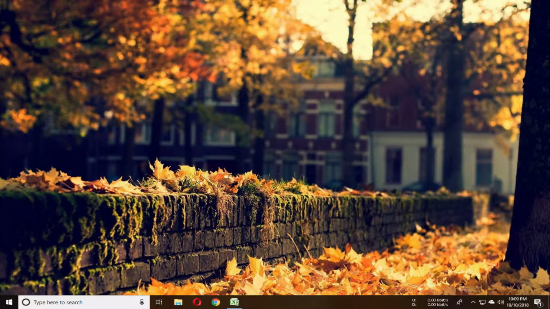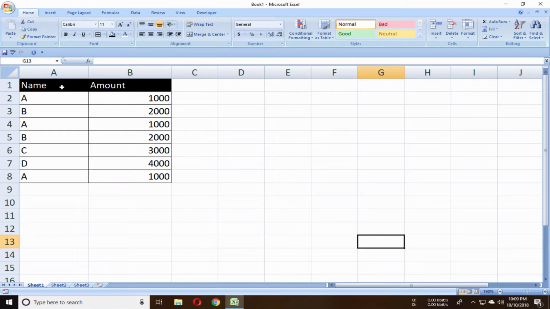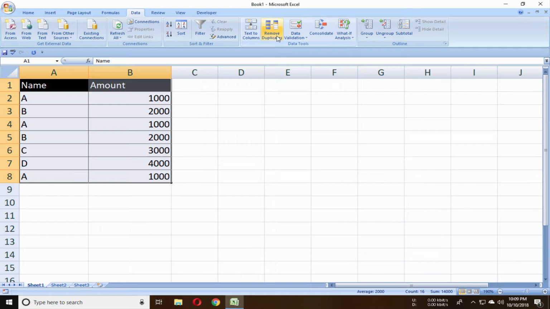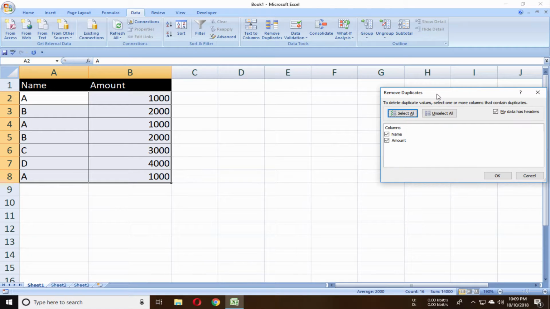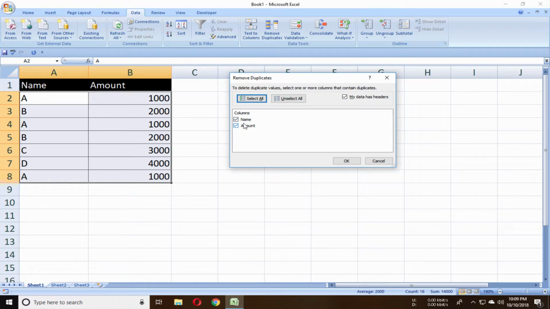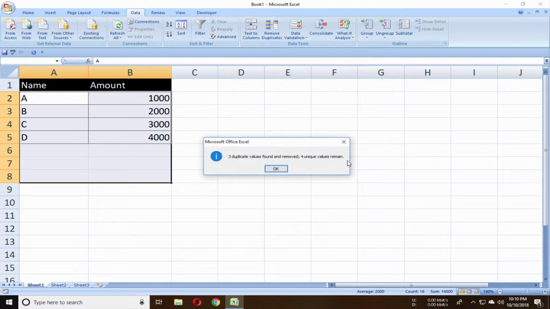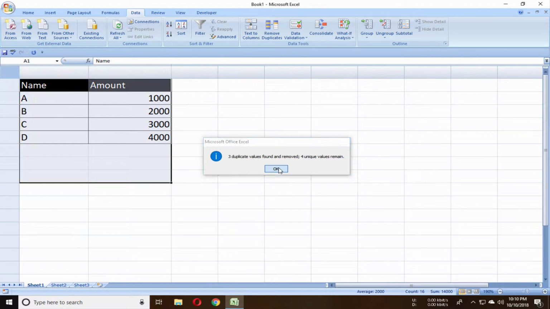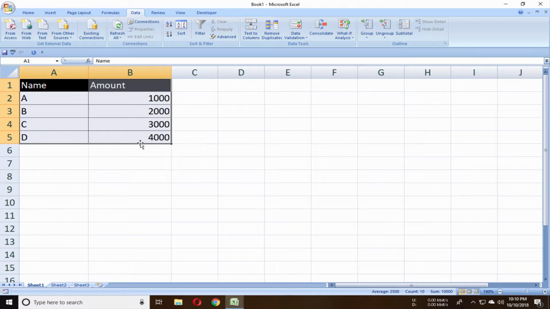So, to remove duplicate entries from MS Excel file, just select your data from where you want to delete duplicate entries. Now, just go to the Data tab and then click on Remove Duplicate. Now select the column from where you want to delete your duplicate entries. In this case, I am selecting Names column by unchecking other columns. Now click on OK. Here it is. 3 duplicate entries has been deleted from my Excel file. So guys, this is how we can delete duplicate entries from MS Excel file.